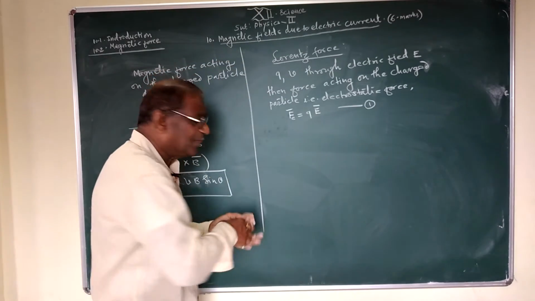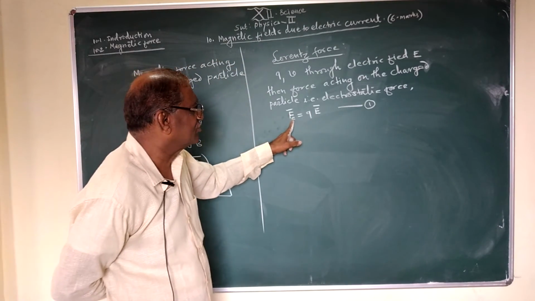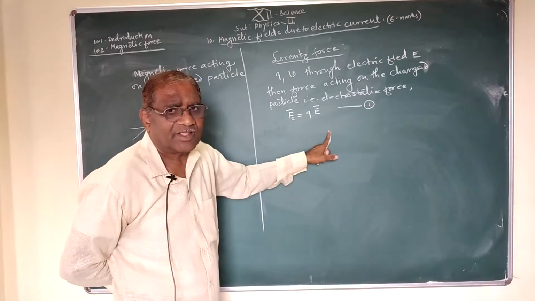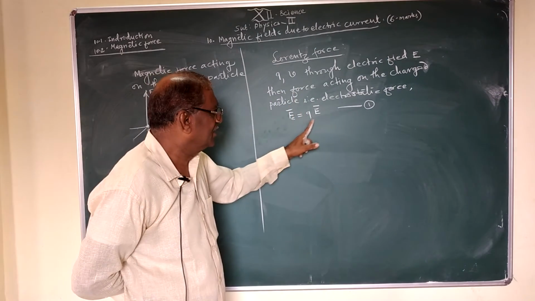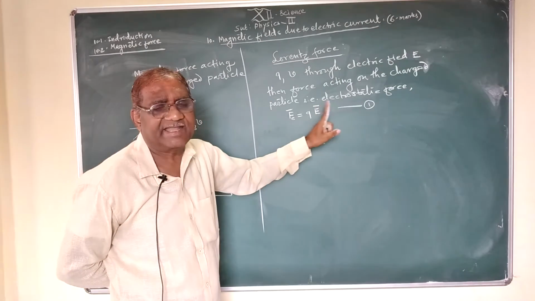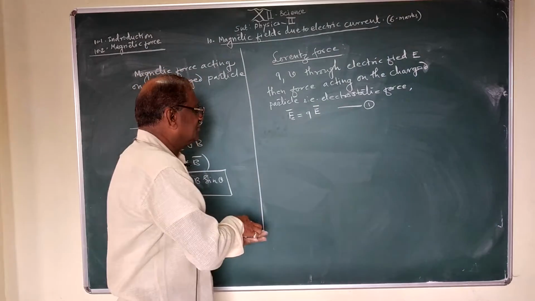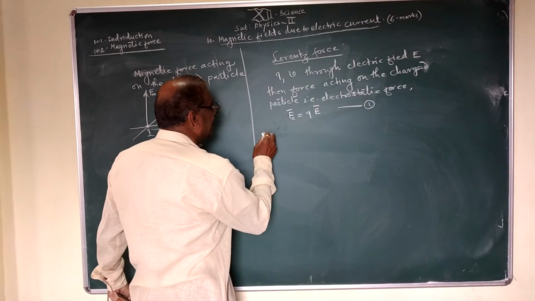So we must find how much electrostatic force acts on the charged particle when it is moving with velocity v through an electric field of intensity E. This is the electrostatic force, and the magnetic force